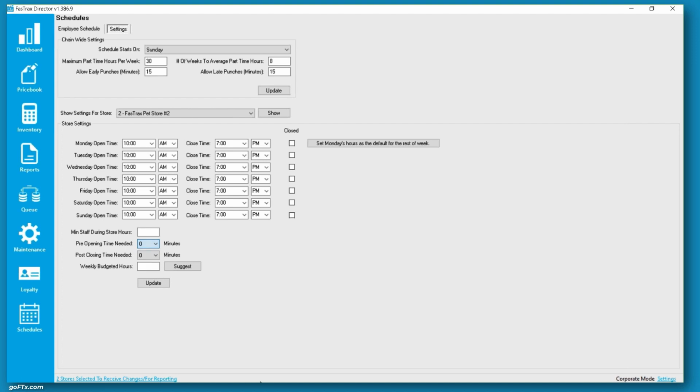The weekly budgeted hours. This, of course, can be manually set, but if you choose the suggest, I'm going to go to store 1 because I've already got this set. Let's say I wipe that out and I put 1. When I do suggest, it's going to put in a number there. Where does that number come from? That's actually based on a pretty simple math formula. It comes from the total hours that the store is open every day. You multiply that by the days of the week. So say you're open 7 days a week, and then multiply that again by how many staff there are during those hours, and then the post and pre-opening